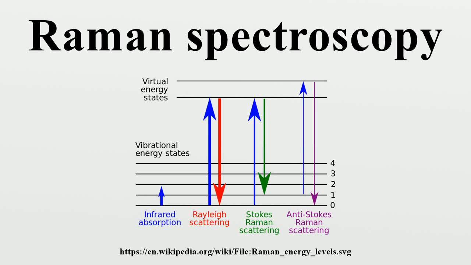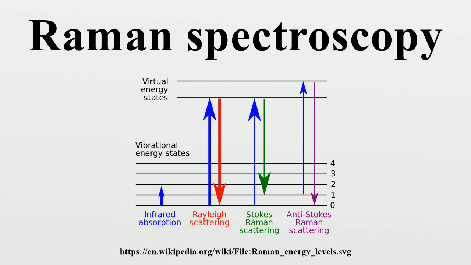Raman spectroscopy is a spectroscopic technique used to observe vibrational, rotational, and other low-frequency modes in a system. Raman spectroscopy is commonly used in chemistry to provide a fingerprint by which molecules can be identified. It relies on inelastic scattering, or Raman scattering, of monochromatic light, usually from a laser in the visible, near-infrared, or